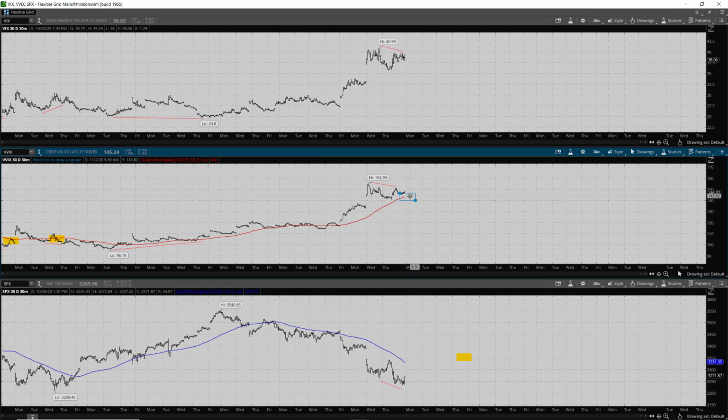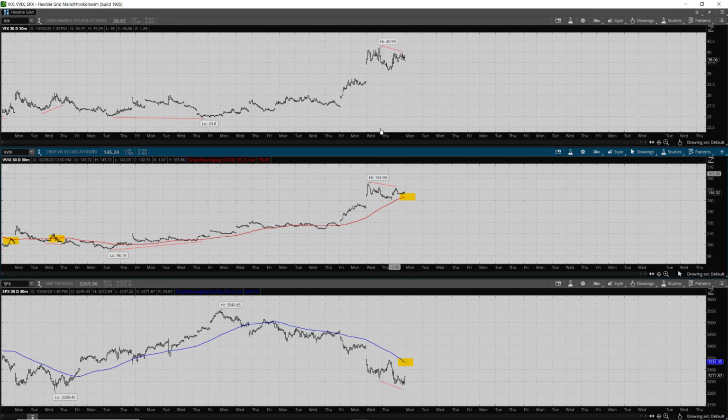Next step would be getting back below the red moving average on VVIX. We're not quite there yet. Perhaps early next week that'll happen. And then, of course, the final step to get the confirmed buy signal is to get SPX back above the blue moving average, which is currently sitting at 33, 31, 35. It's a moving target, but that's maybe 50, 60 points above current levels, although this moving average will come down as time progresses, even if the price didn't change. But yeah, currently 50, 60 points above current levels in SPX.